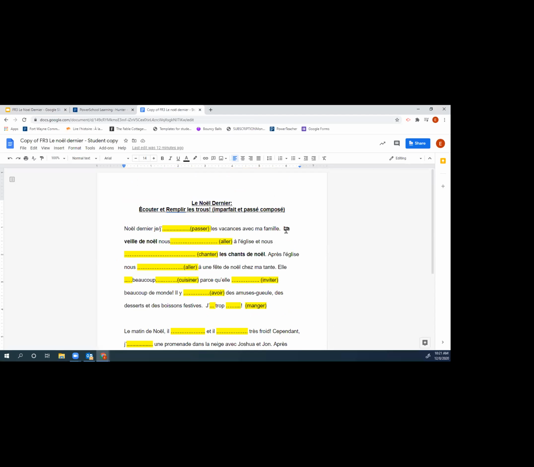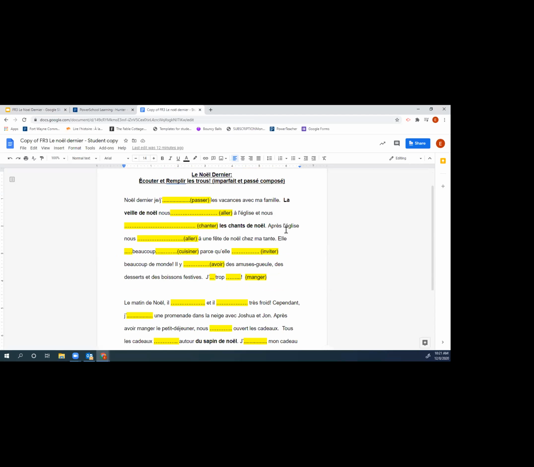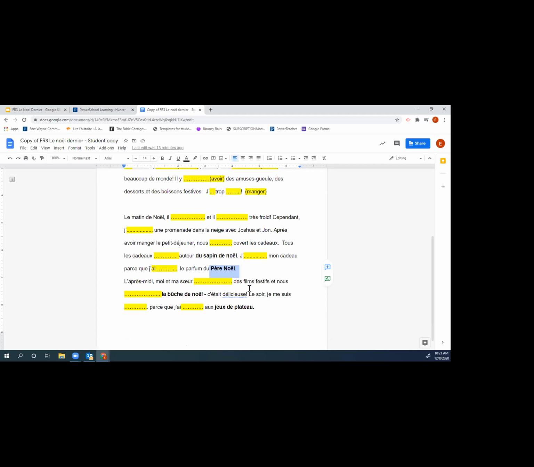So I'm going to mute myself, and I'm going to give you, let's say, 2 or 3 minutes, to just read through this text yourself first. There's a lot of gaps. You can see in the first paragraph, the gaps have the words which you are going to hear, but they've not been put in the past tense. So you could guess, and you could think about what that would change to, and kind of get yourself ready for the listening. The second one is a little harder, because you can tell by context maybe what might come up, but